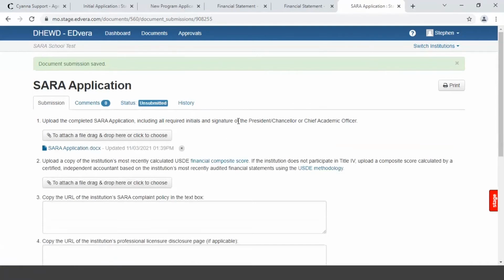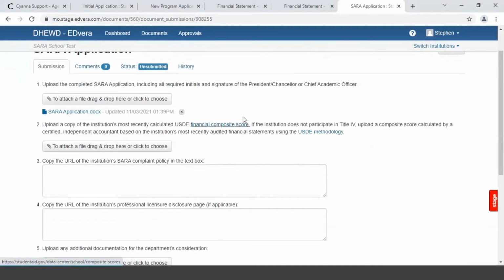We had a question in chat. Do all documents have to be in PDF or can they also be in Word? PDF and Word, and I think it also takes pictures like JPEG. I think it takes a bunch of different types of documents. If it ever says, no, you can't do that, then just save it as a different document and then try to upload it that way.